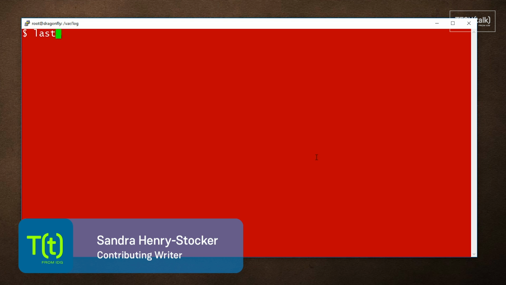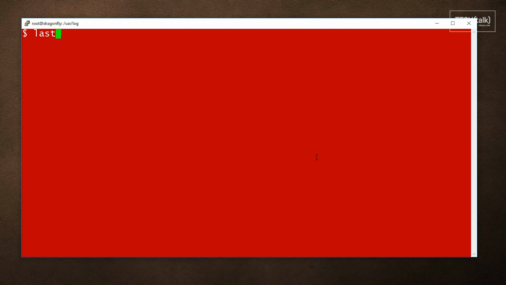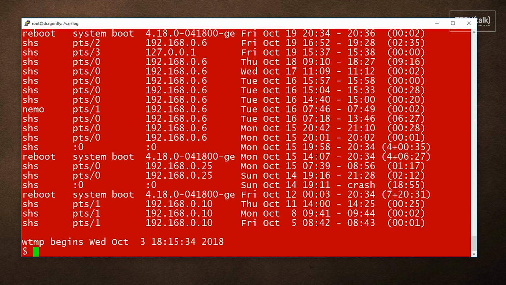In this Linux tip, we're going to look at the last command that shows recent logins, such as the last time you logged in, but with the logins shown in reverse order, the most recent showing up first. Typed without any arguments, last will show all the logins recorded in the current /var/log/wtmp file. This is the file that saves login information, including usernames, dates and times, the terminals used, and incoming IP addresses.